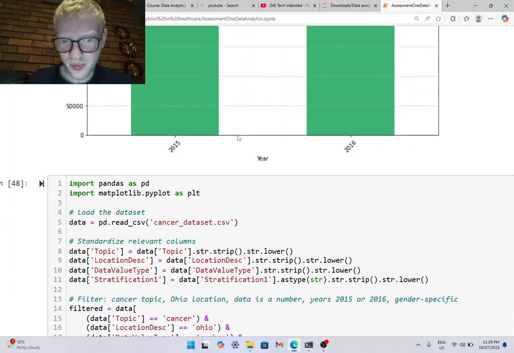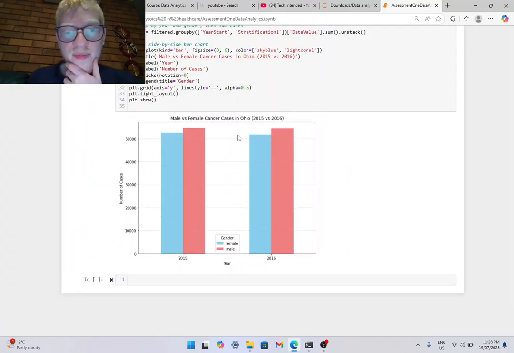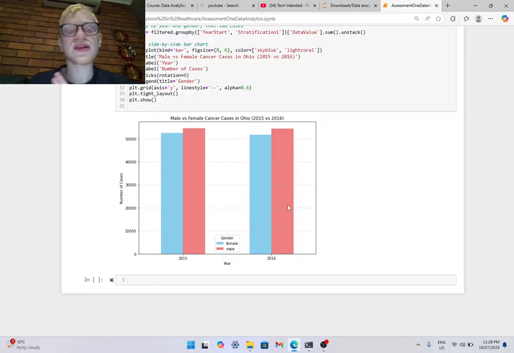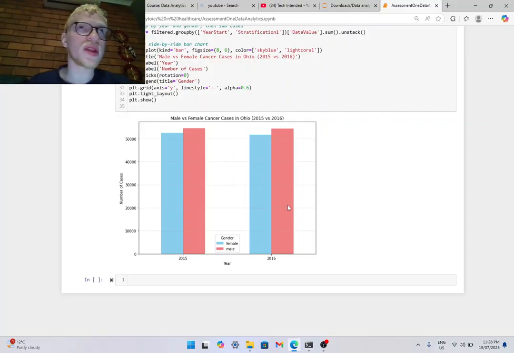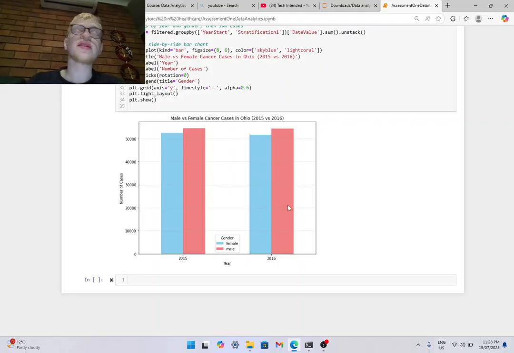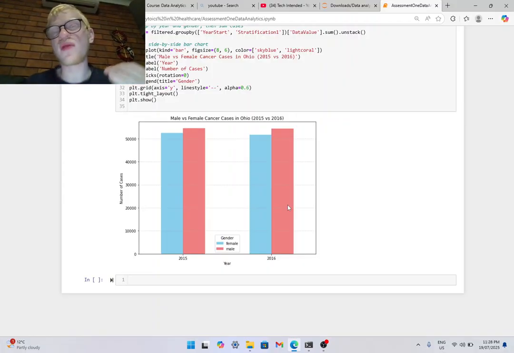Notice the difference. And then the last one we plot more specifically female and male cancer cases in 2015 and female and male cancer cases in 2016. You can see that in 2016 it was also a little bit lower. Further research I have done, which is theoretical and has got nothing to do with the code, showed that the state of Ohio lies on the cancer belt, and most of the locations around the world that lie on the cancer belt get exposed to more sunlight or more harmful sun rays, which results in people becoming more prone to get more